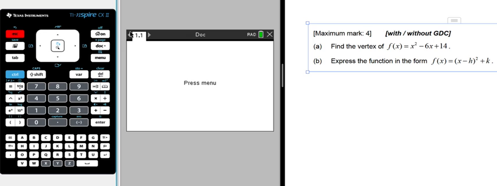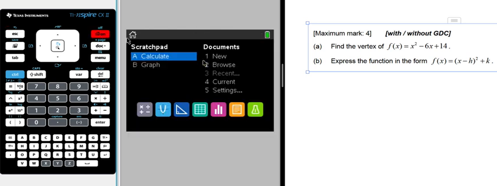Right, that's another quick video to see how we can use the calculator, the TI-Nspire in particular, to answer the question we can see here on the right. Part one is to find the vertex of that function, and I guess the best possible way would be to graph that function. So let's just press the house button and then go into the new document,